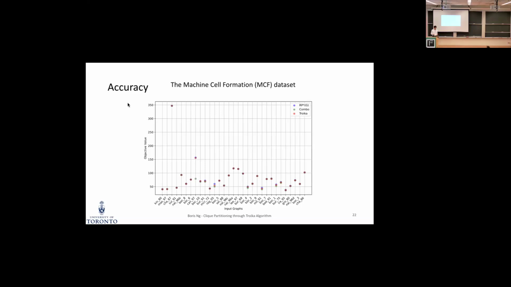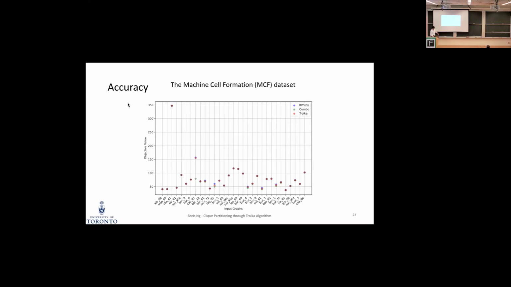And here are the scatter plots that compare the objective value retrieved from the partitions of the three different methods, with the solutions returned by RP star being in blue, the global optimal solution. In the case of MCF graphs, Troika in red consistently achieves higher objective values compared to combo. The partitions returned are quite close to the best possible, and also outperforming,